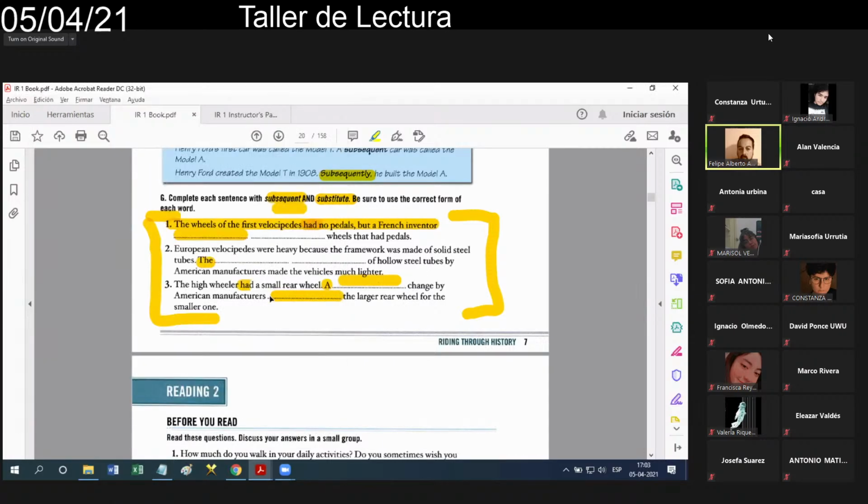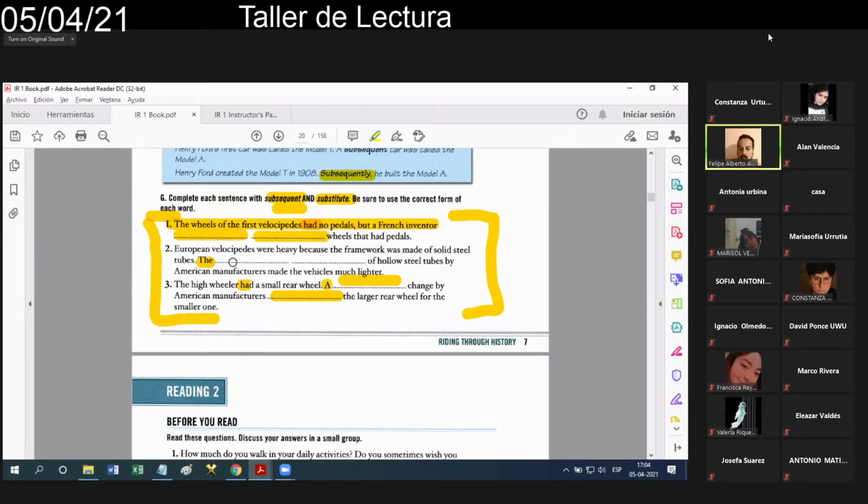Listen to me. Oye, sí, por los científicos, o sea, las bicicletas tenían una rueda muy grande, pero después los científicos las cambian a ruedas más chicas. Eso está malo, porque no hay acuerdo de tiempo. La bicicleta antiguamente usaban ruedas chicas, pero después los científicos lo cambiaron. Cambiaron, pasado. Tenían, pasado. Acuerdo gramatical de tiempo. Tense agreement. That's why we cannot place the verb substitute, no, substituted.